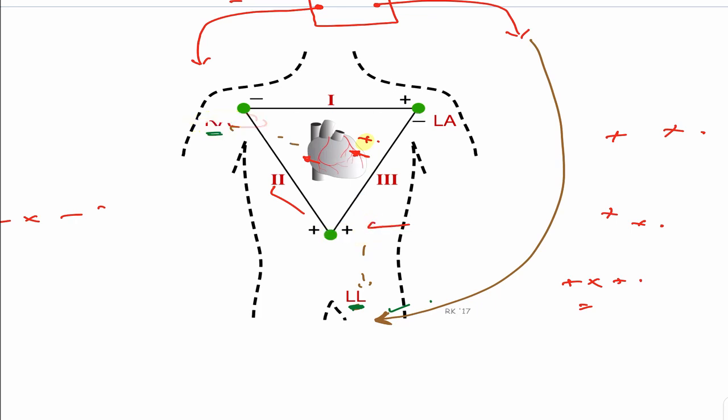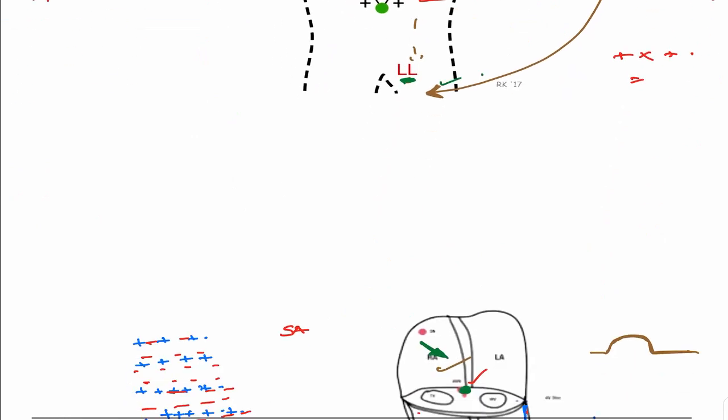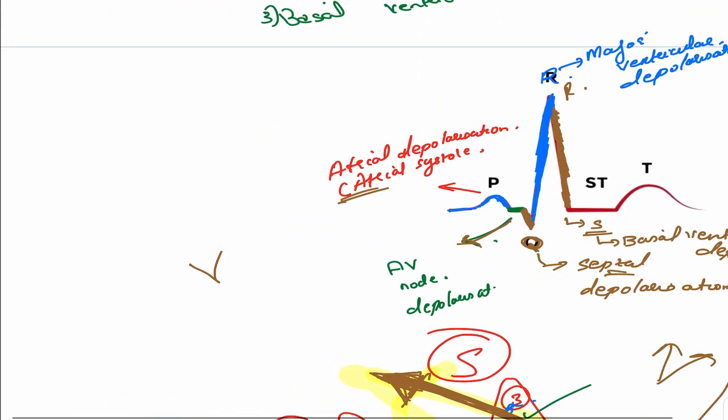If you take a different vector where the charges are slightly different, I can't show you that in these limb leads. When it comes to chest leads or the unipolar leads, I'll explain it to you, because not all the leads will have the same QRS complex, and it can deflect down. If there is a pathology, it can change.